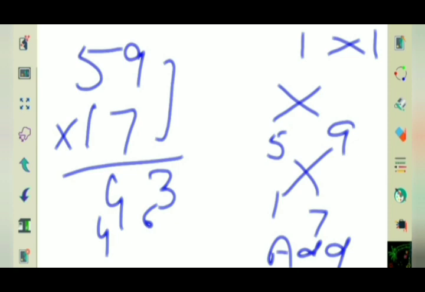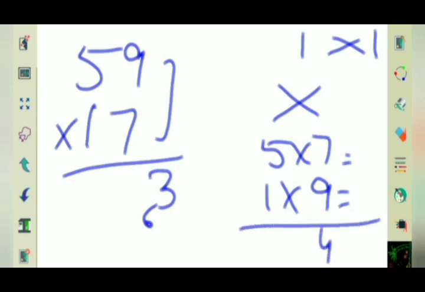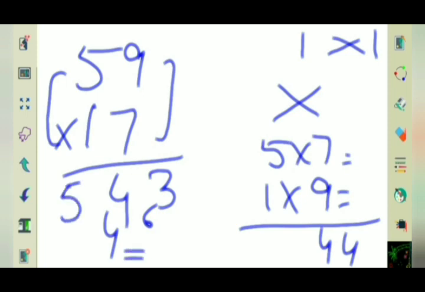Again I repeat, you have to multiply 5 by 7, the diagonal number 1 by 9. Add these two numbers, you will get 44. And what was the next step? Multiply vertical numbers. 5 1s are 5. So here in our case the answer will be 3, 6 plus 4, 10. Then again you add 5 plus 4, that is 9, and 1 we have to carry, 1003.